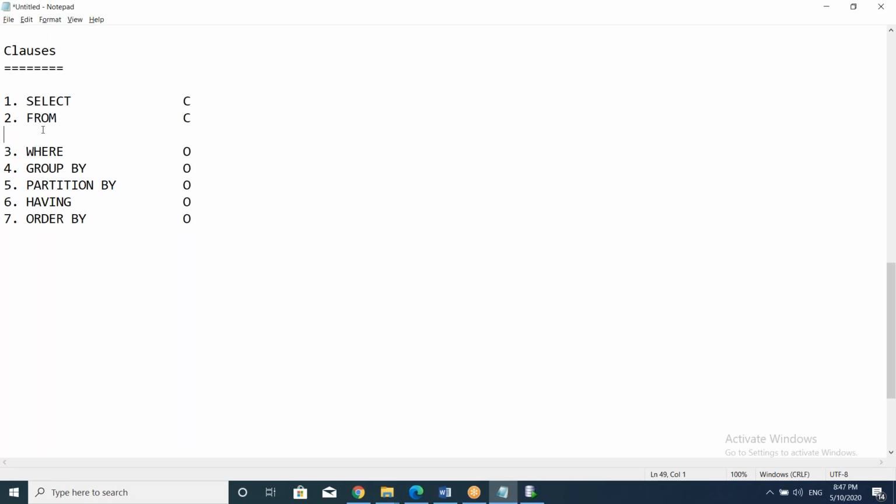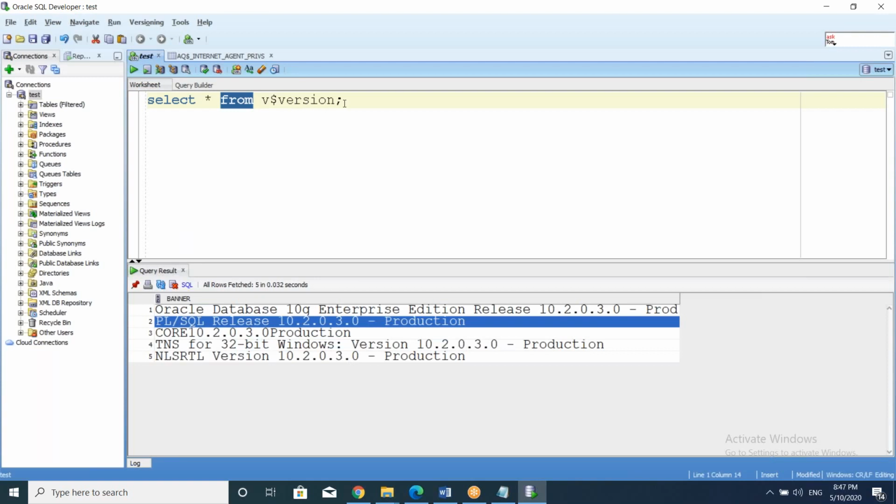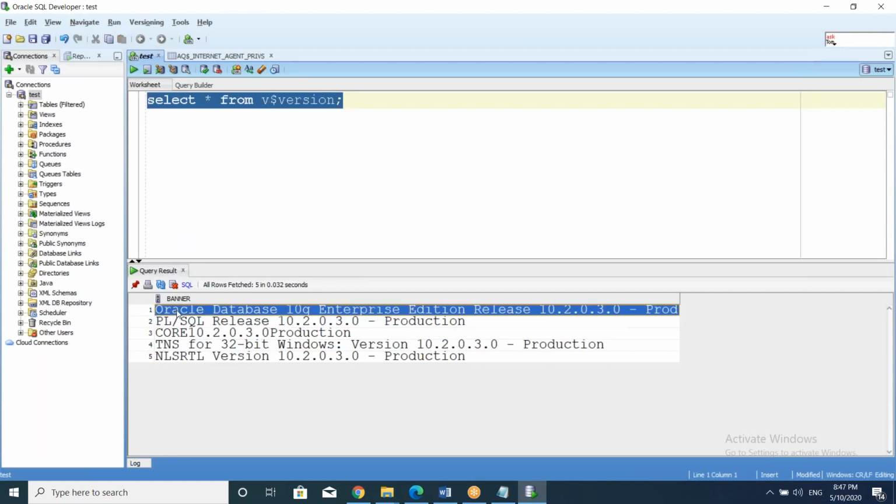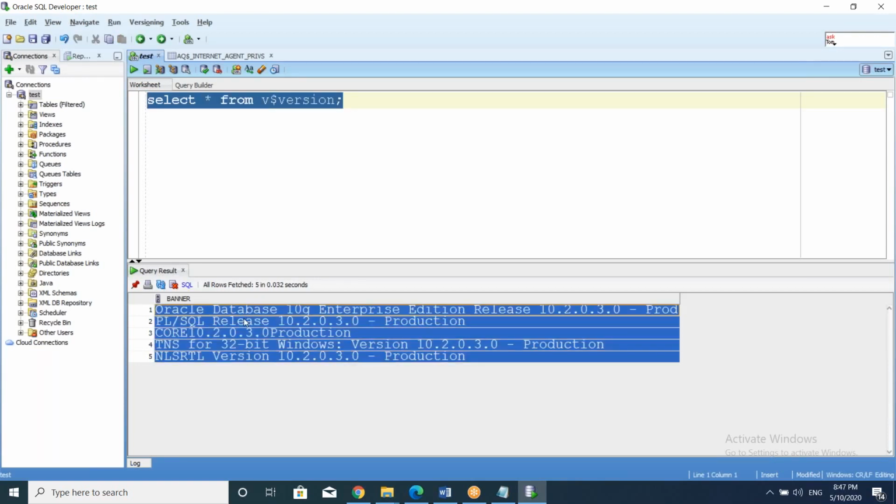If you are writing in any programming language or operating system, then those case concepts will come. But here, no case sensitive. Anything you can write except the data. Here we are getting some data after executing this query, this data information. So this data is case sensitive. Except the data, nothing is case sensitive.